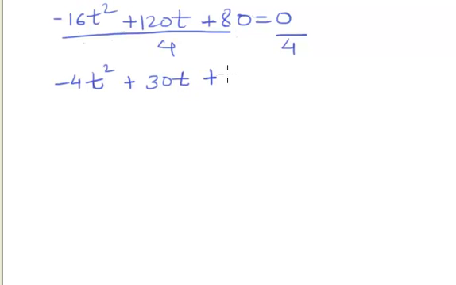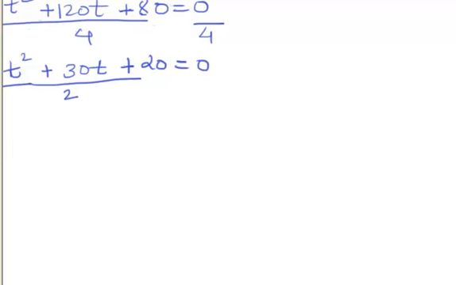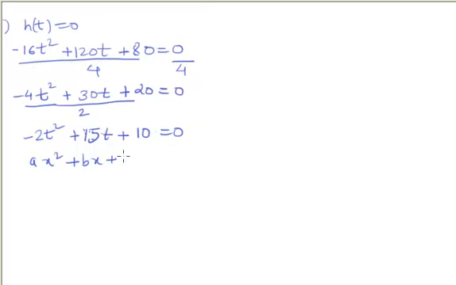Still it seems to be getting divided by 2, so in other words, I can just divide the given equation by 8. So you have minus 2t square plus 15t plus 10 equals 0. Again, comparing the given equation with ax square plus bx plus c equals 0,